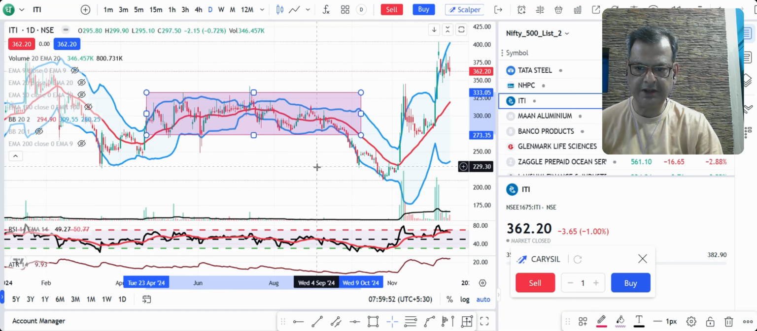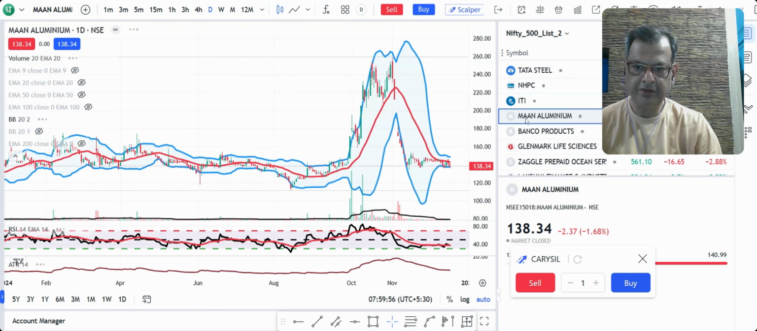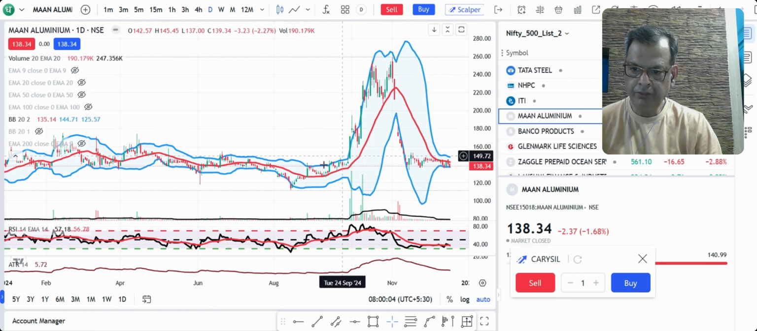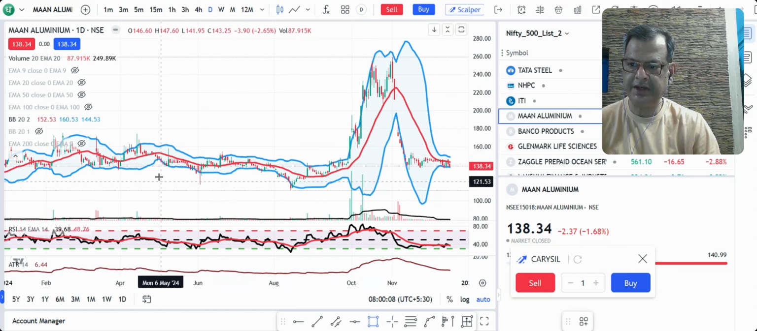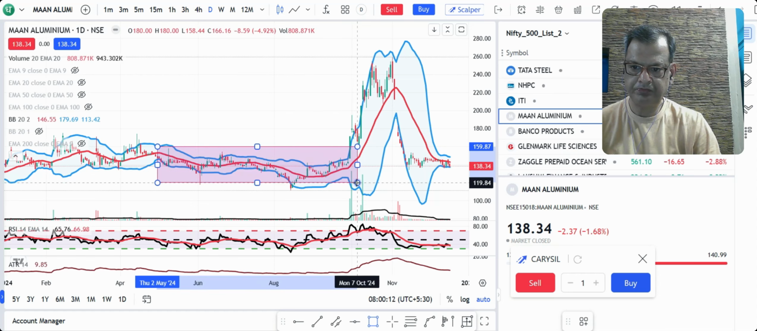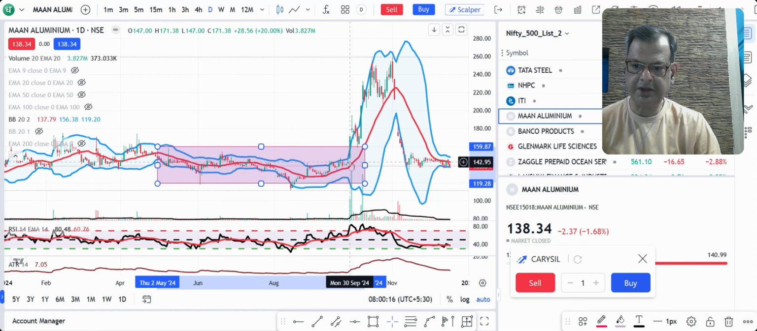Now let's look at another chart here. Man Aluminium, again on the daily time frame, and again you see a long period of consolidation. So what we can do is add it to the watch list, and there we see price breaking out with a massive volume. Here, if you see this,